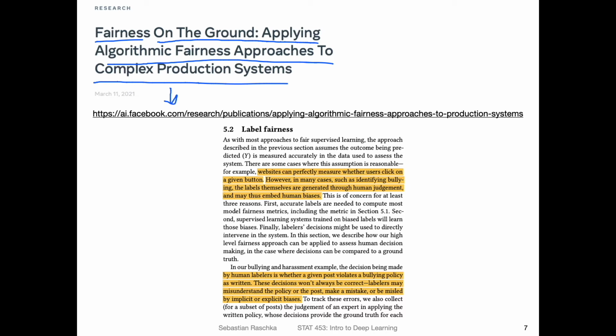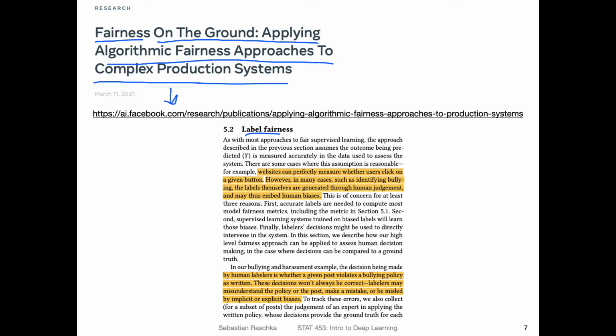So in this paper they outline the challenges and approaches they take to making machine learning and deep learning fair. So it's actually a pretty tricky problem that they have there. I'm not an expert in this area, but it seems like it's not so easy to solve. But one thing I wanted to highlight from that is regarding label fairness, because in practice we usually assume that the labels that we have for a given data set are correct or are the definite ground truth labels. But in the real world, it's not always so clear whether these labels are correct or whether we should take them literally or with a grain of salt.